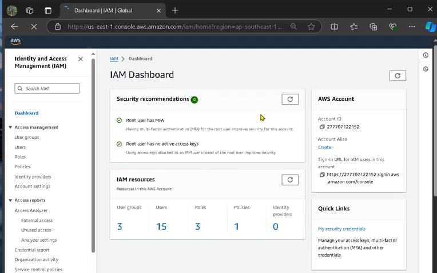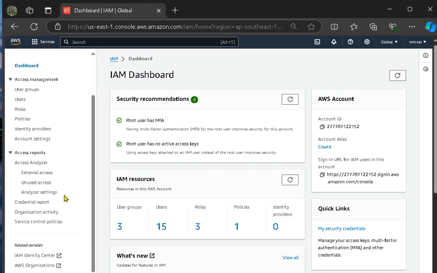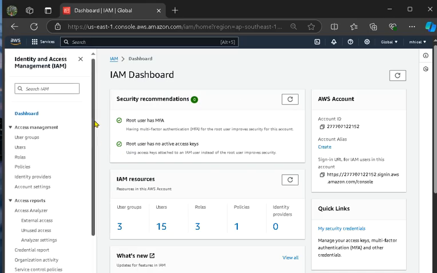So that's it for how to create an AWS account, and you can explore some services here.